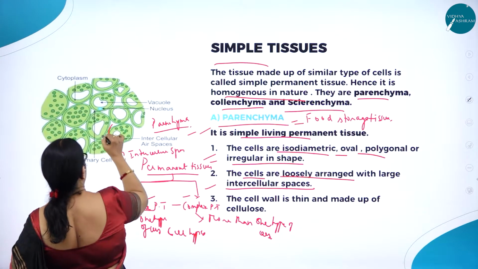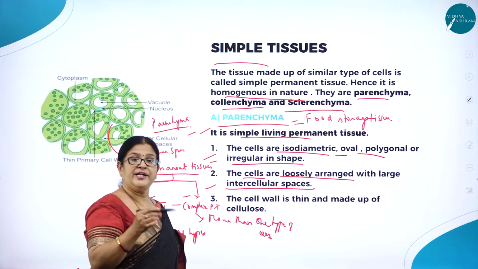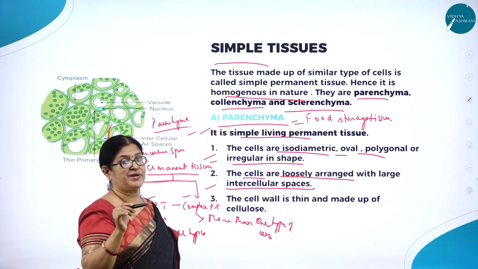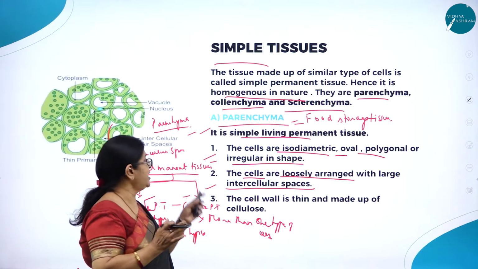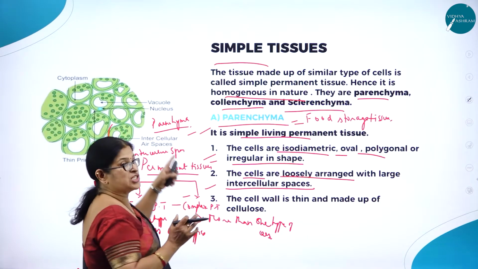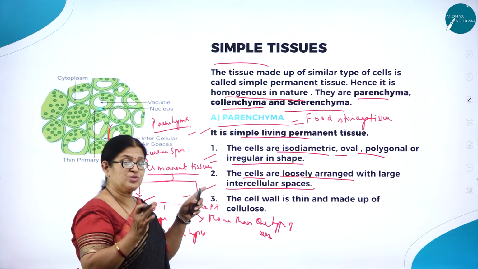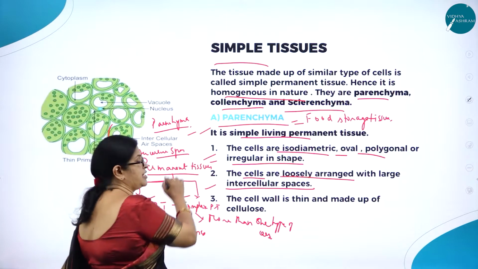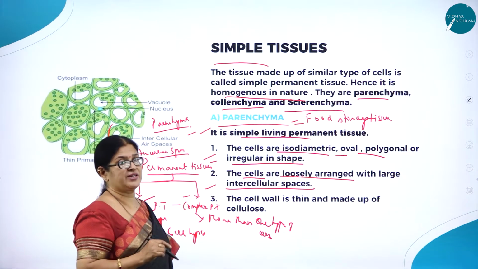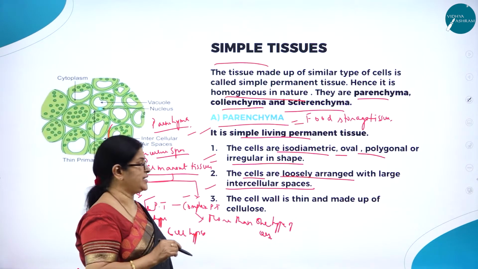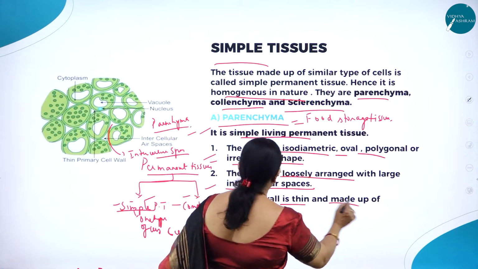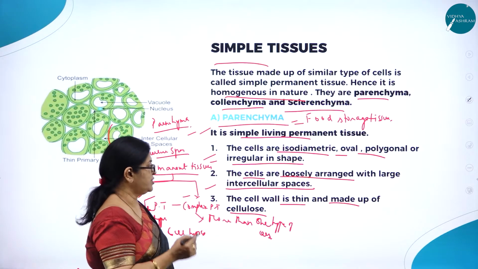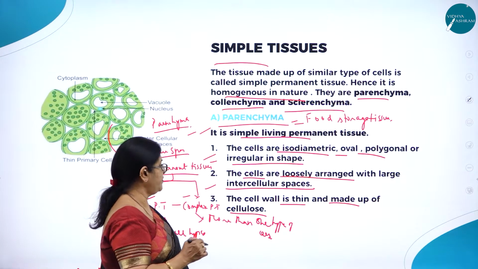See, you can see the gap. So this gap is called as what? Intercellular space. Did you observe the gap in meristematic tissue? No. So one cell, the other cell are closely attached. Here you can see there's a lot of space or a gap between two cells, and that space is called intercellular space. That is a very unique characteristic feature of the parenchyma cells. Next, the cell wall even in parenchyma is thin and made up of cellulose. So here the cell wall is thin and made up of cellulose.